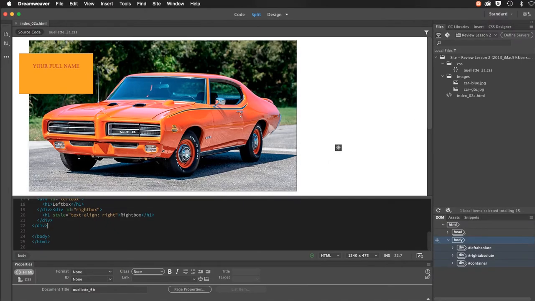In this lesson, we'll be working with div tags inside of Dreamweaver. I've got the finished exercise here to demonstrate to you, and we'll work sort of backwards from that a little bit. What I'm going to do, though, is I'm going to make the assumption that you know how to set